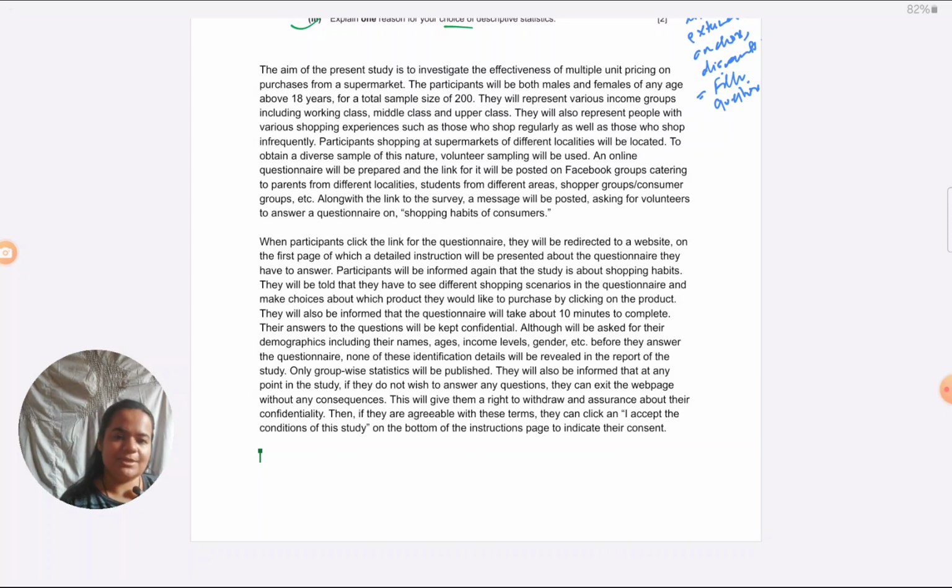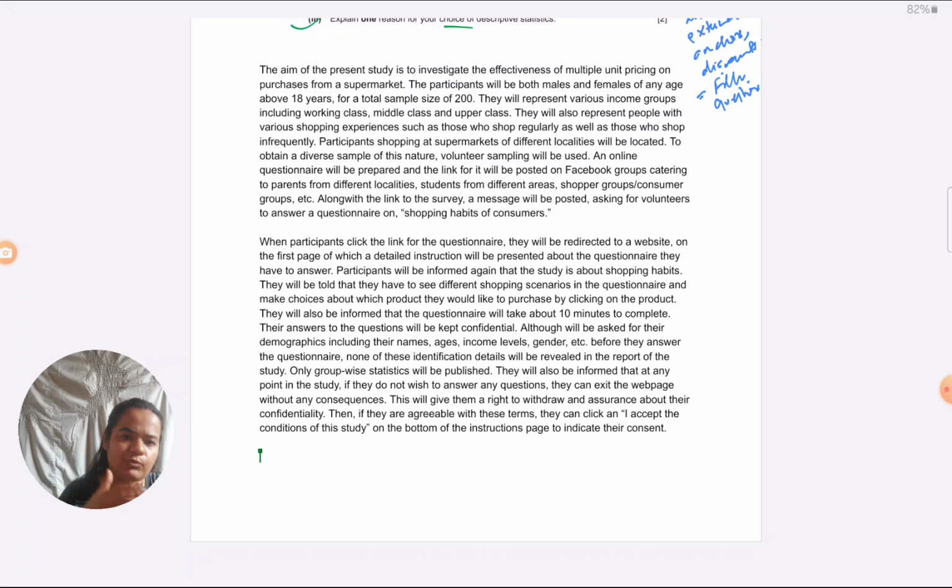Now let's come to questionnaire specific features. We have given all the generals which are required so far. We will be giving some ahead. Let's come to specifically what we have to indicate in the questionnaire. We have to give the questionnaire technique or format which I have already given. It's online. So that is done with. Next, I need to state which type of questions I will be using. In the question given in the exam itself, they have told me to take closed questions. So I will take those only. I will just mention it explicitly so that it's clear what is the type of question that I'm taking.